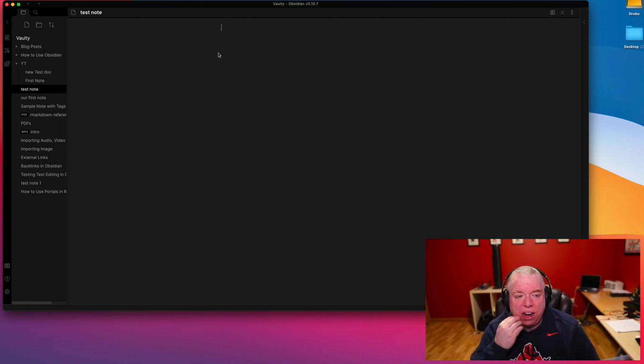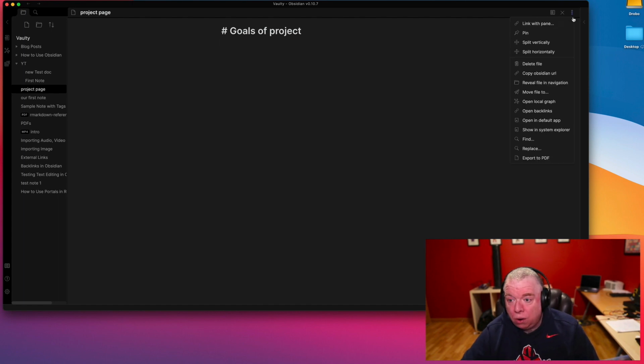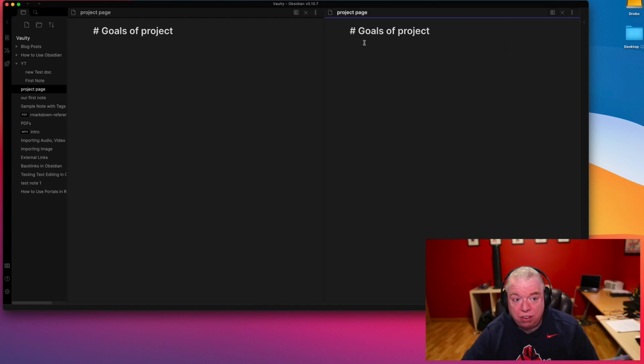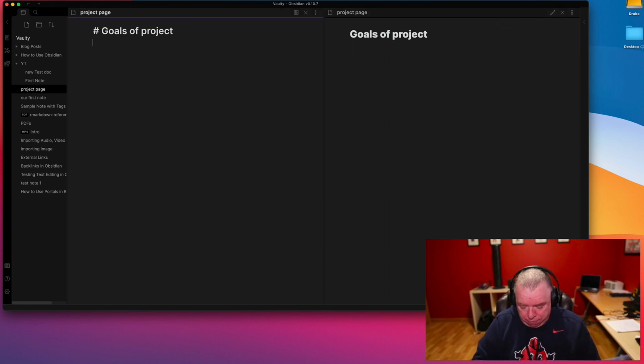But what if I'm writing in a document? So let's say instead of test, this is my project page. And let's say I'm typing in my project, like goals of project. For example. Actually, I'm going to always create that split vertically pane so you can see what I'm doing as I do it. And I can come down here, for example, and let's say I wanted to have a key